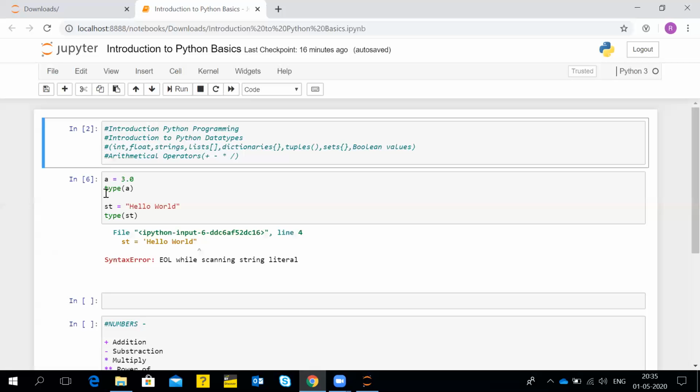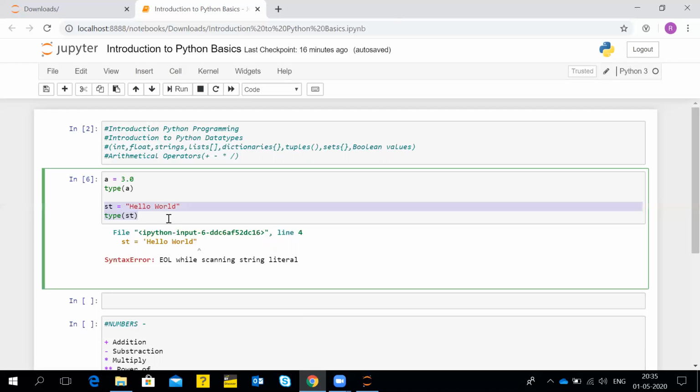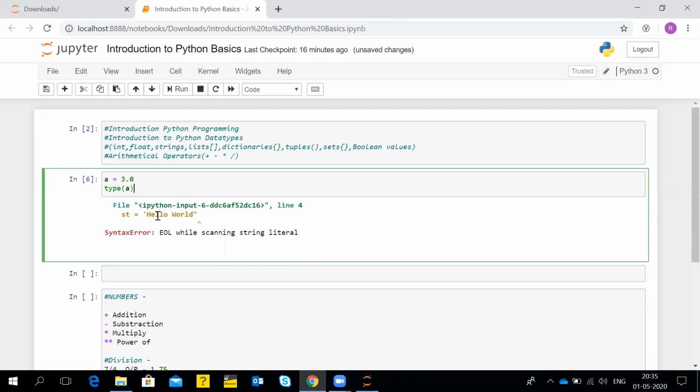I will explain the difference between an integer data type and a float data type. Integer data types are all the numbers which do not have decimal values. Suppose I have assigned a value 3 to a variable a, and we are checking the type, the data type of the variable a.